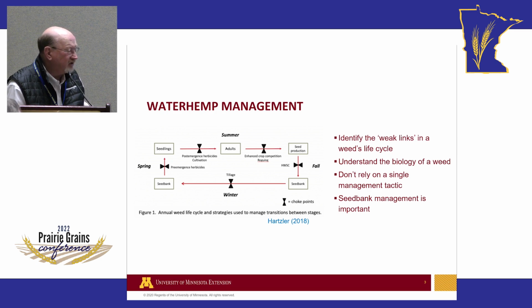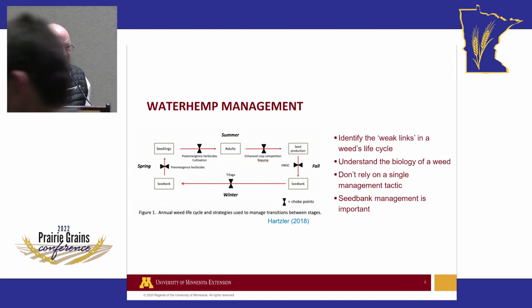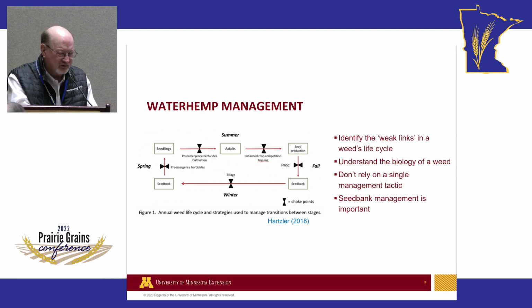We're going to have to take a step back in history. Back when I first started in this business, we focused a lot on the seed bank in the soil. How many seeds did you have in that soil? If you had fewer seeds, you had less of a weed problem. Along came Roundup resistance. We ignored it, sprayed it, completely ignored the seed bank, and we're now in trouble again. With water hemp,